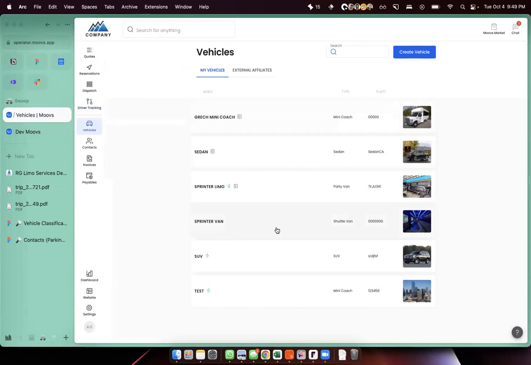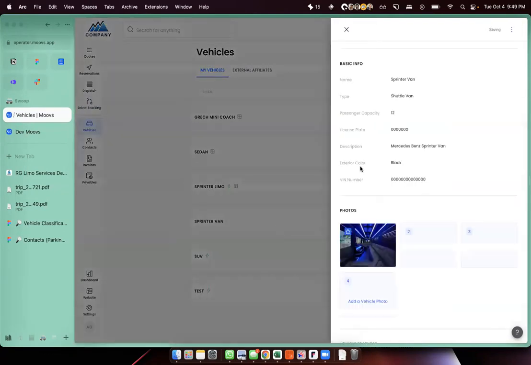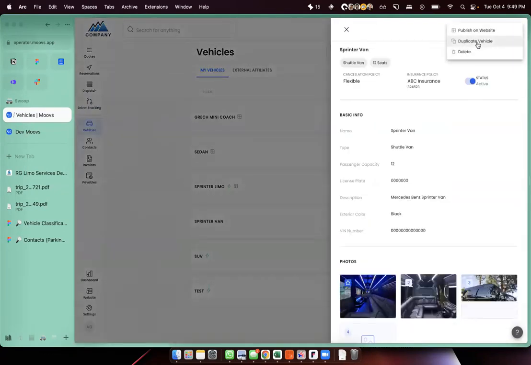I think the main reason, Joe, that it's not possible is that the vehicle you use is what your customer is going to see, and every operator has a different perception of what's generic. You might be doing a Sprinter van party bus. Another gentleman does a 30-passenger party bus. Another does a charter bus party bus. Another does a sedan, a Continental, a Mercedes. But what we have done to make that easier is the duplicate vehicle option. So this makes it pretty simple. It's not that much work.